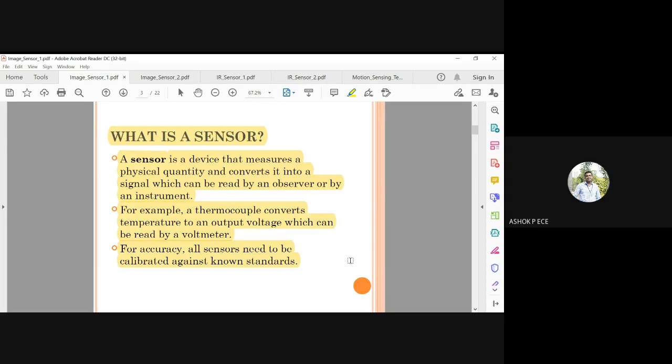Just like in petrol bunks also, they will ask you before filling, zero, check the zero. So that is just a calibration. From zero means the process is going to start. So that is the standard that all sensors have to be calibrated. Calibration means before beginning to observe any physical quantity, you have to start from the standard value. That is going to be called calibration. And most probably all these sensor values will start from zero.